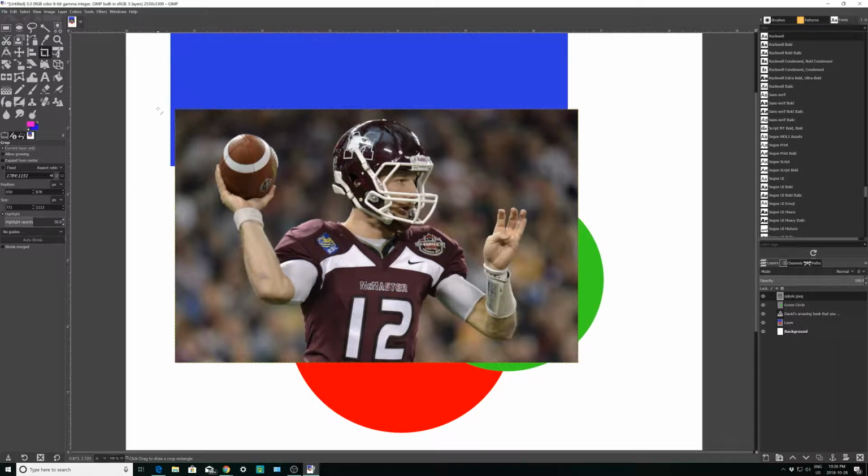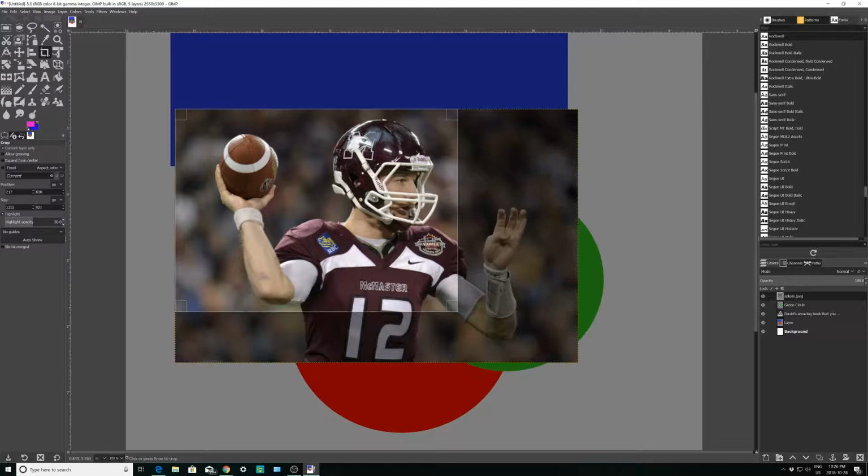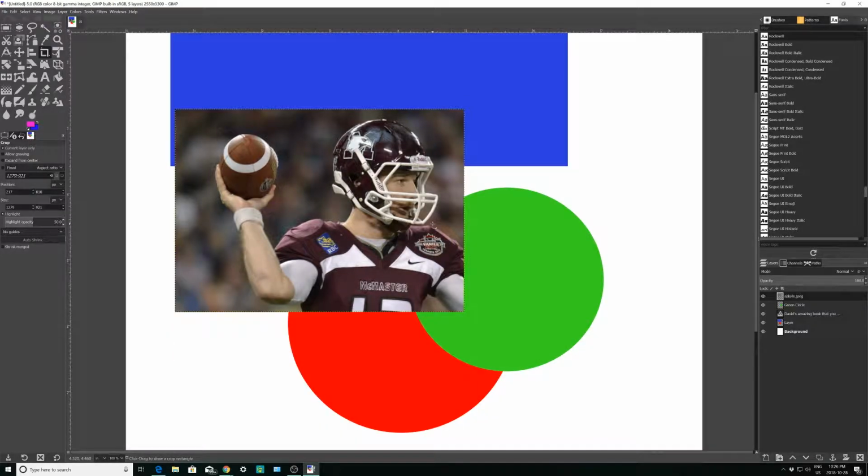Then what you do is you just drag a box out to where you want the photo to be. So let's say I just wanted Kyle's head and throwing arm. I would just do that, and then it would kind of blacken out the rest of the image. And then when you press to show what you want, you can adjust it a bit more if you want to. Then you can click enter, and it will crop that photo down to the size that you want it